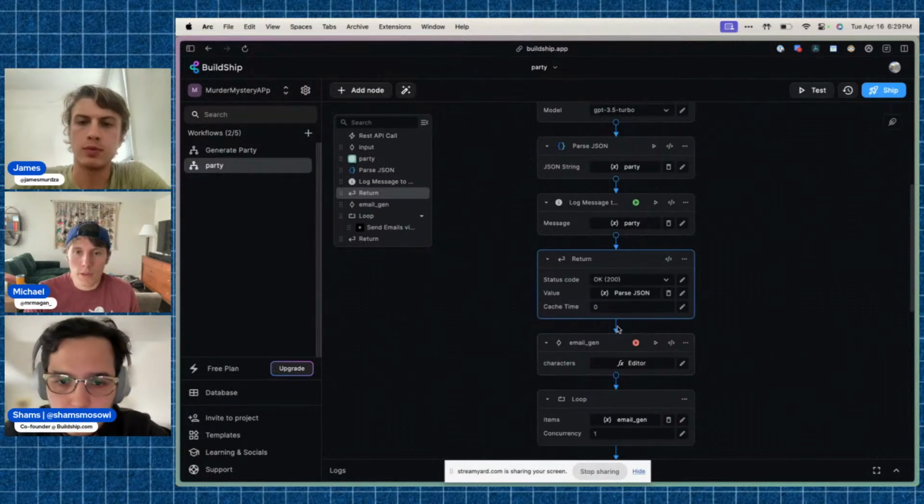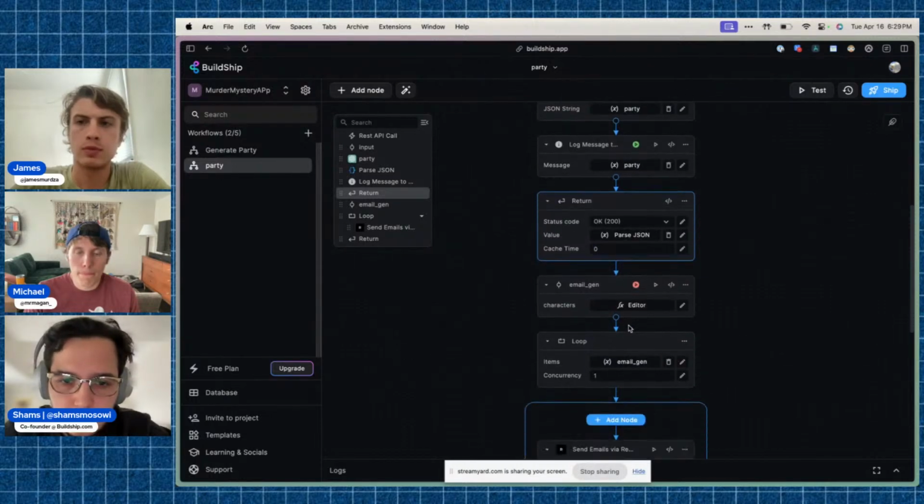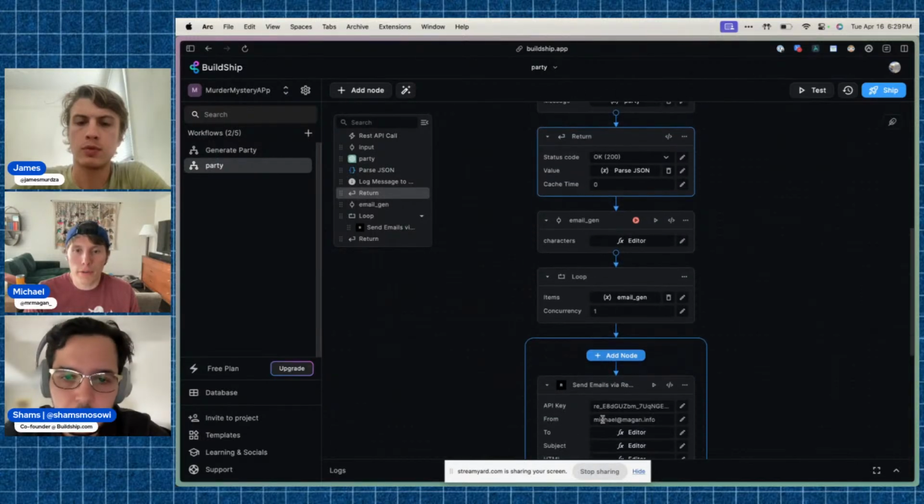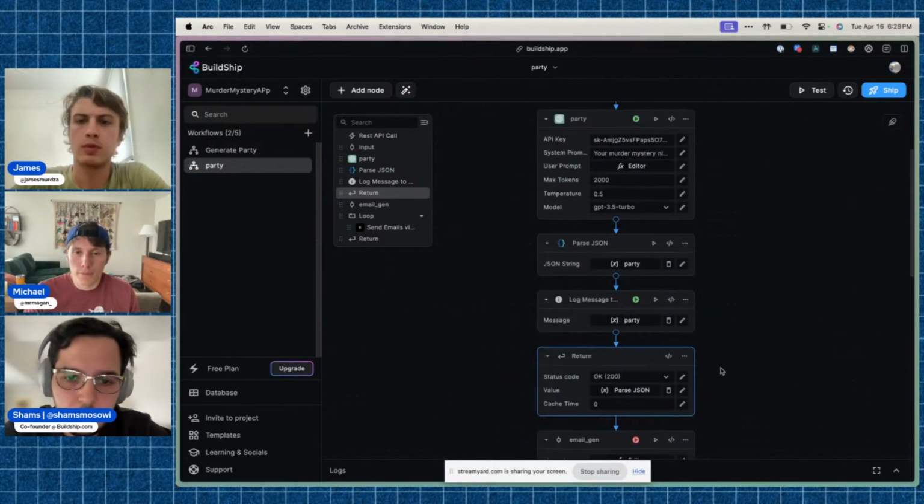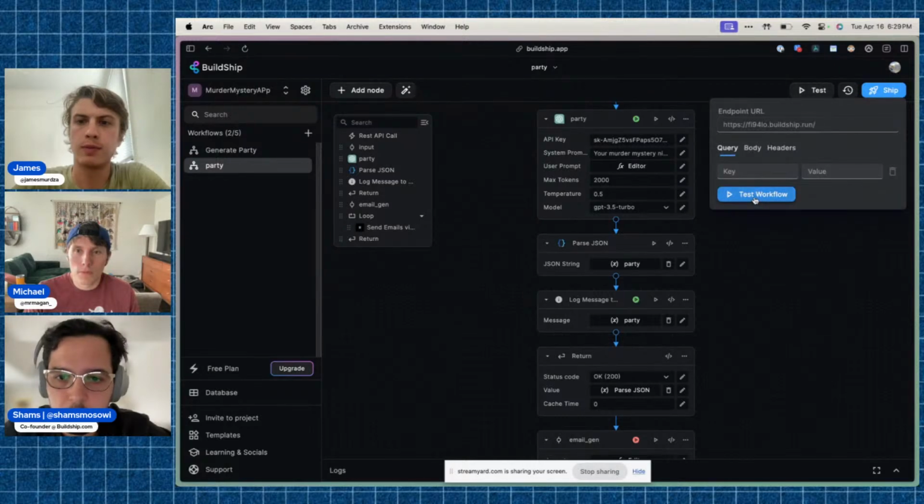So basically it won't run these because it's returning, right? Yeah, we terminate the request once it hits the first return. So you can test it.